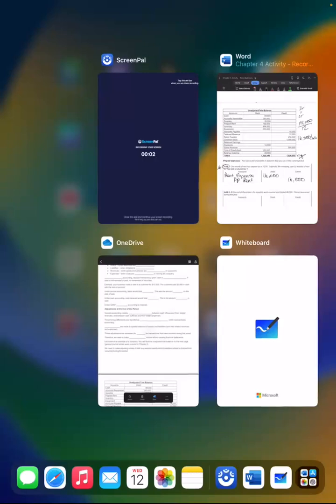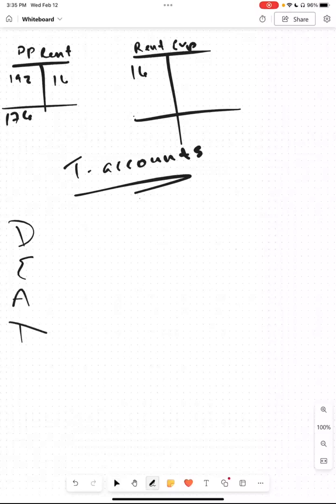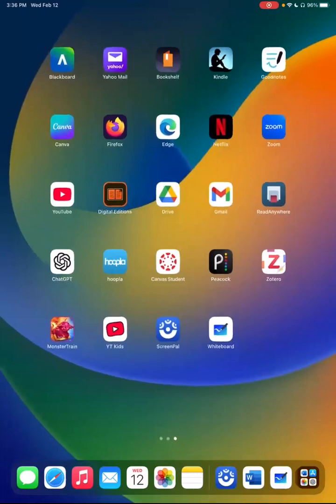So just in case we need a quick reminder, we've got DEAD, if we remember. Now, this is the one I like to use. If you like to use a different one, please use a different one. But this just means that debits increase expenses, assets, and dividends. Okay. So the way I kind of figured out what accounts I am debiting, what accounts I am crediting,